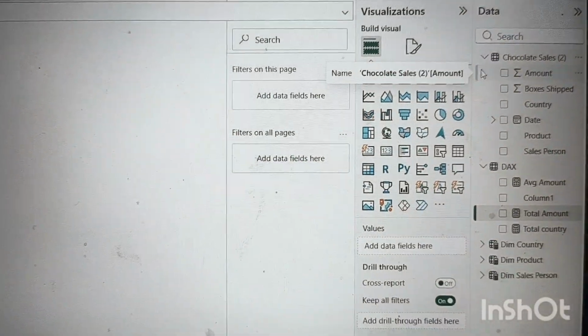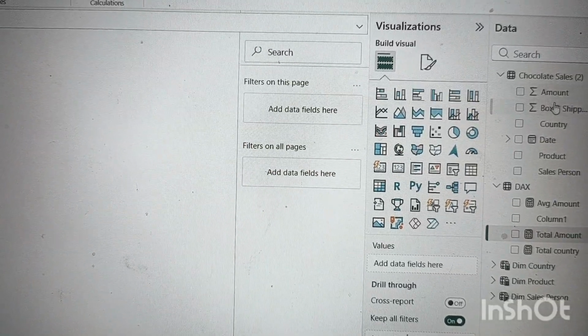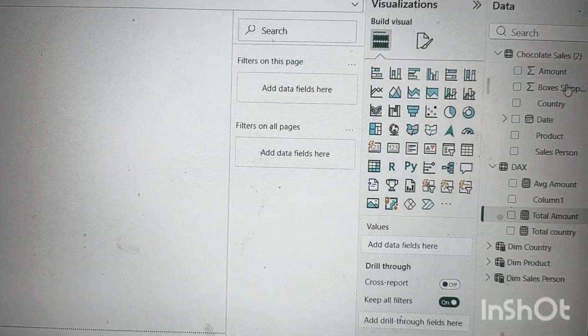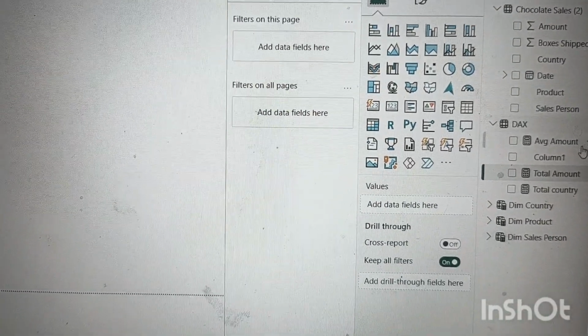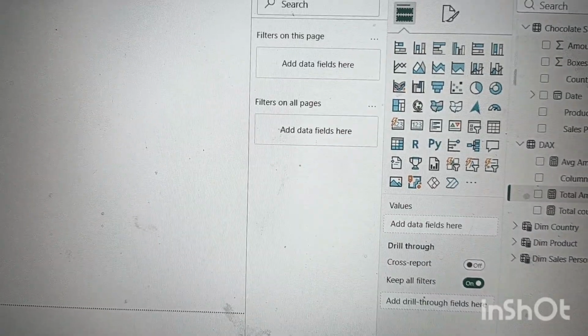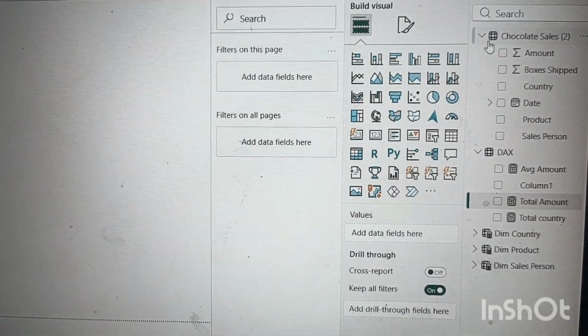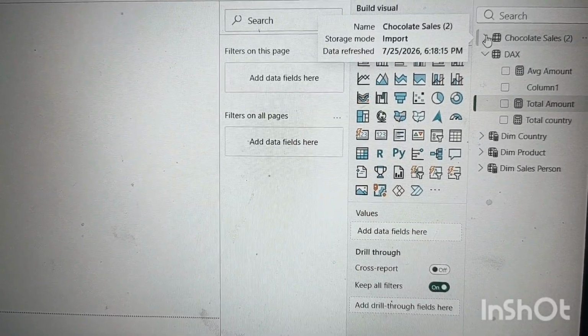All the column names are available here. The first one is amount, this one we are searching. Amount, box shipped, country, date, product, salesperson. These are all the columns of chocolate sales. If we click on the down arrow, it will be closed.